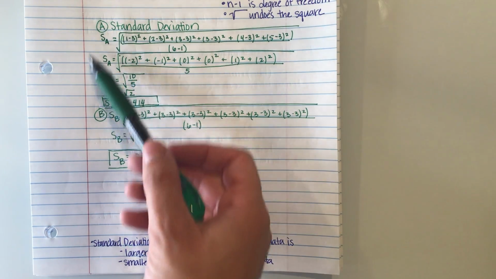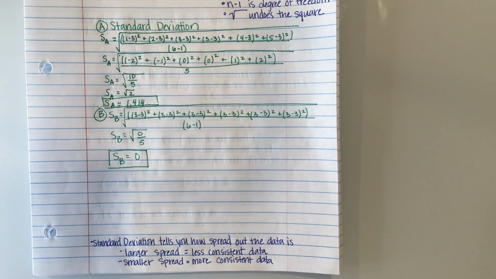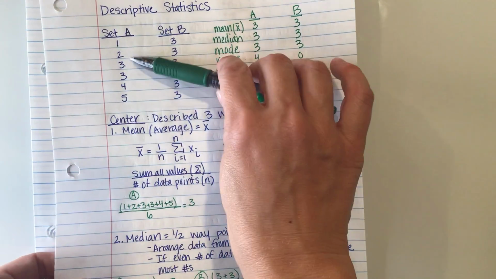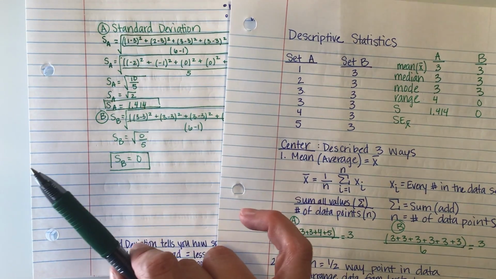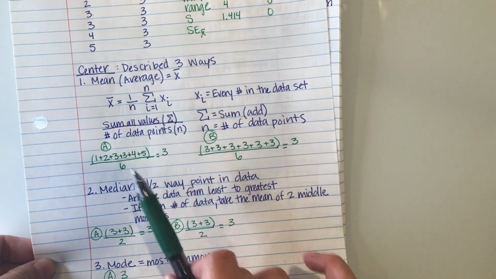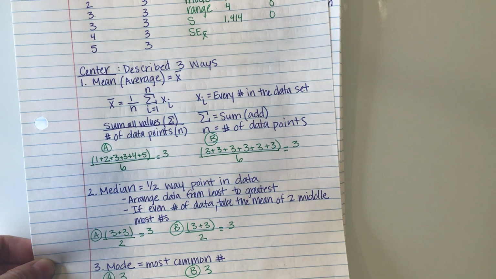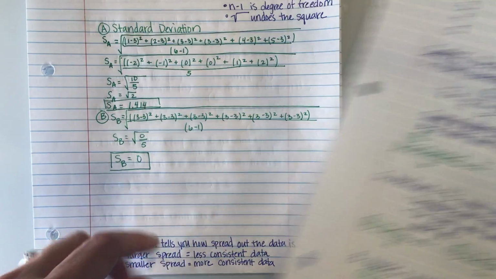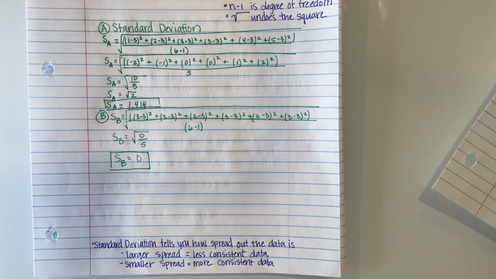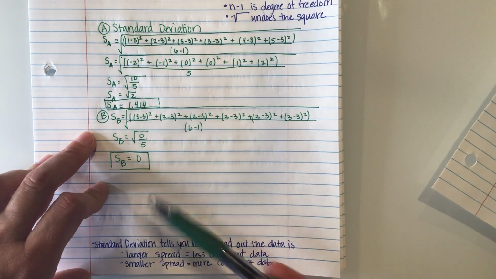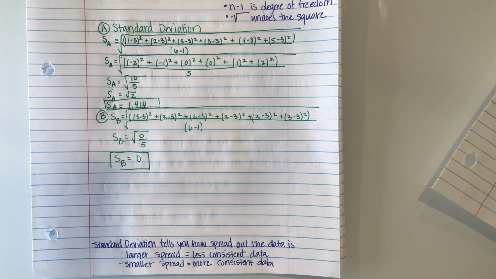So you'll notice in group A, in set A of our data, we had a wider variety of numbers, everything from 1 to 5, and my standard deviation was 1.414. In group B, I had the same number over and over again. I didn't have a lot of variety, if you will. That means my standard deviation is 0. So the bigger the number in your standard deviation, the more spread out or the bigger the difference between your data points. The smaller the number means that your data is more consistent. Maybe you got the same number or close to the same number over and